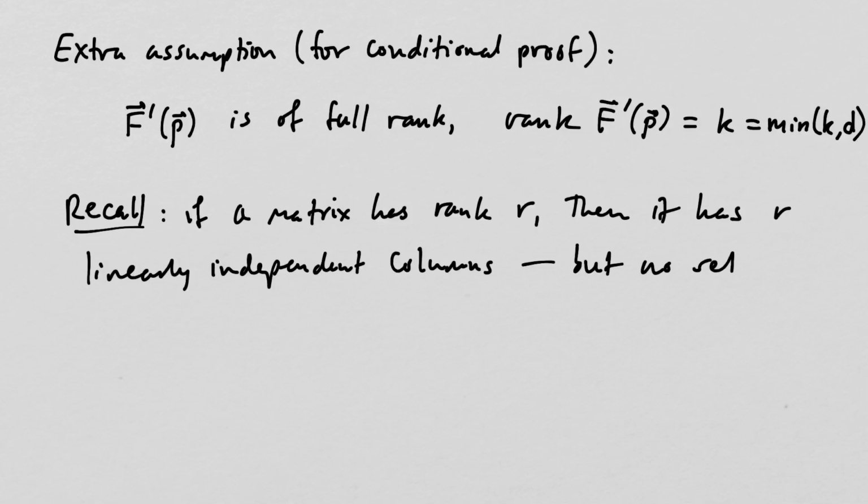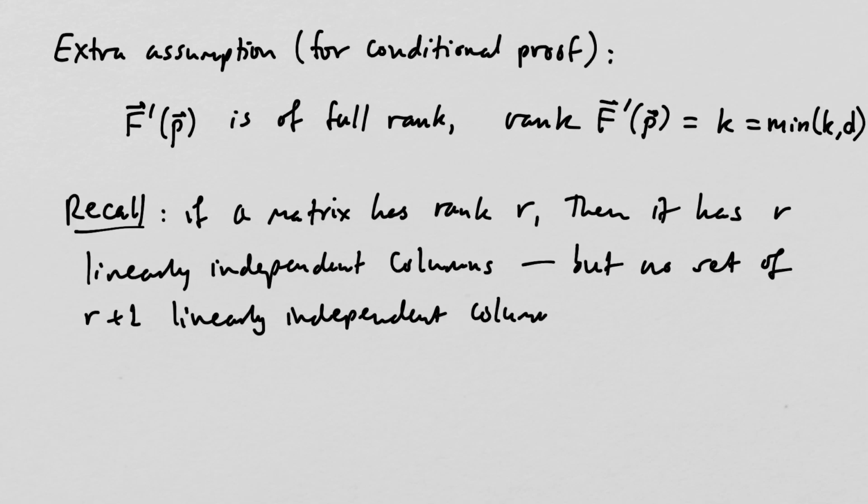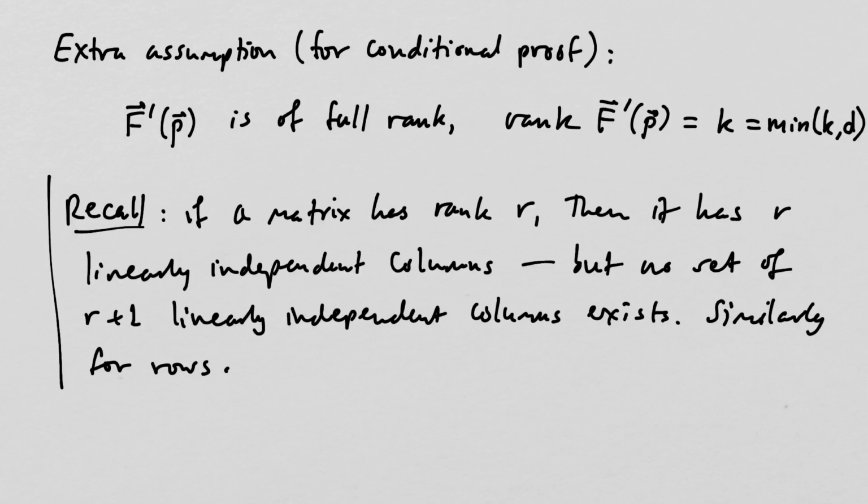But there's no set of R plus 1 linearly independent columns. Okay, and similarly for the rows. Meaning the matrix has exactly R linearly independent rows, but there's no set of R plus 1 or more linearly independent rows. So those are facts about rank, the rank of a matrix, that we know from very early on